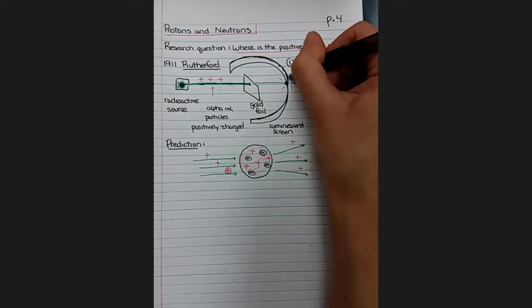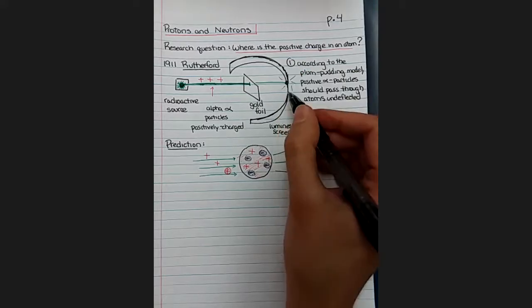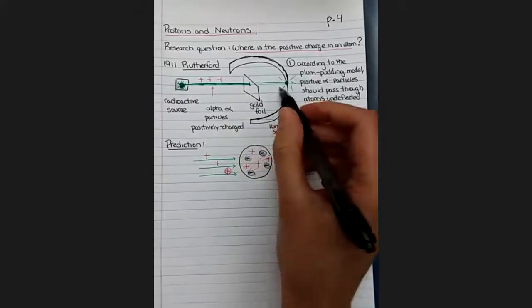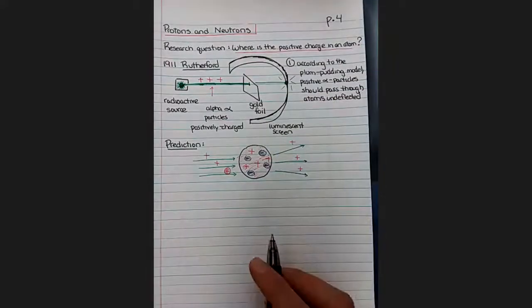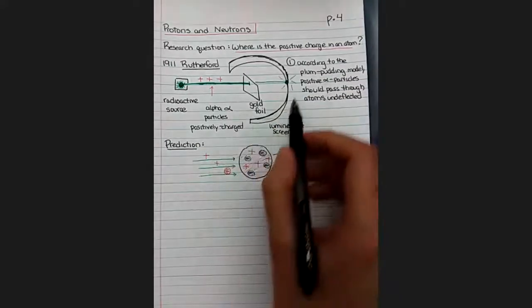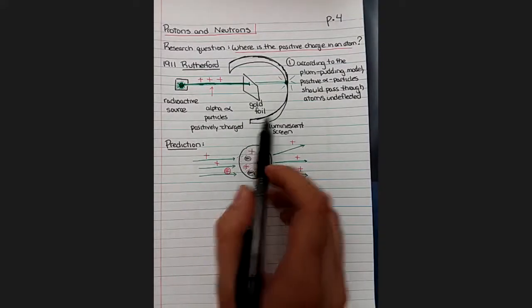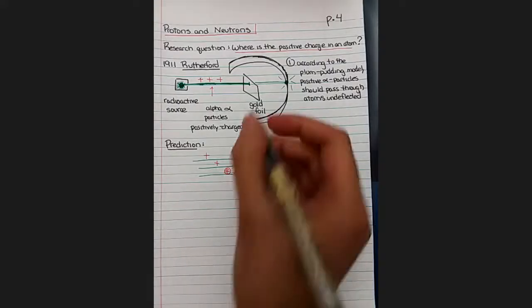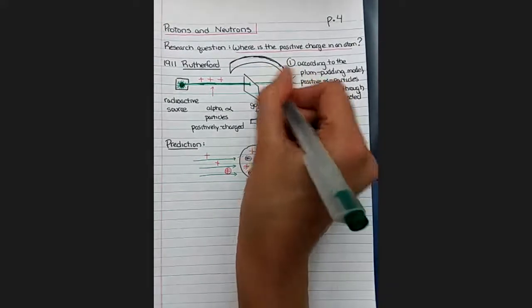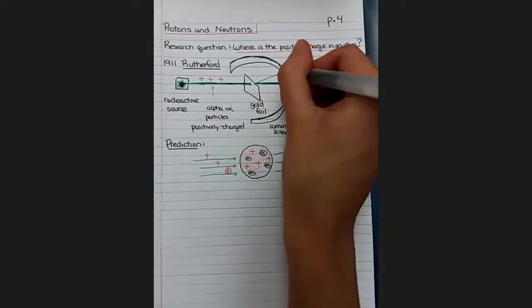So Rutherford did something that was very important. Instead of putting the screen only directly behind the foil in the path of the beam, he tried to put the screen all the way around the beam to look for particles that had bounced off in any direction. Even though he didn't expect to see any particles over here or over here, he put the screen there just to check. And then he sat in a dark room for a very long time and watched particle after particle after particle pass mostly straight through the foil and occasionally to the side,